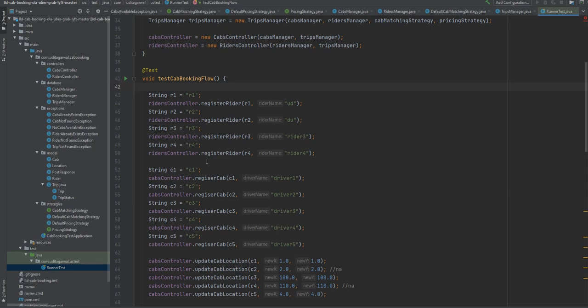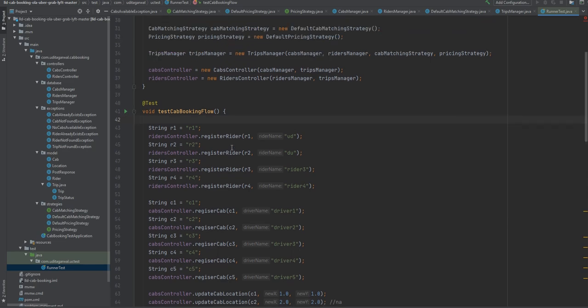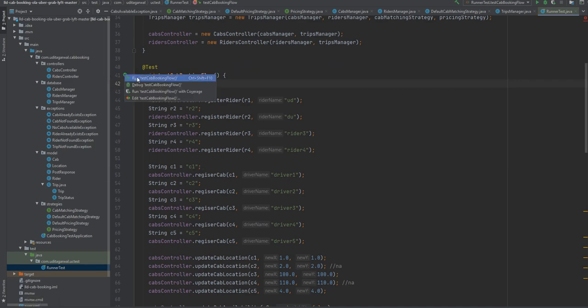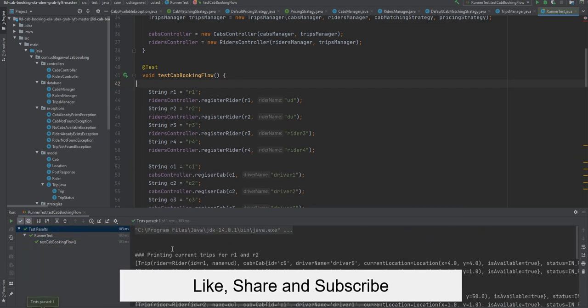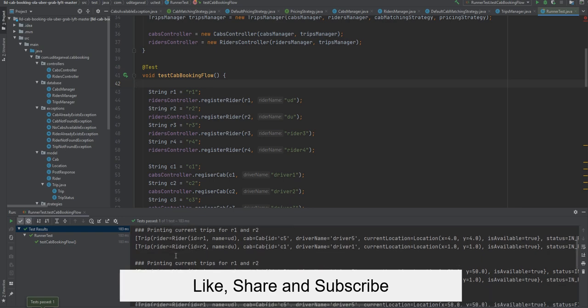It just expects you to have some mechanism so that you can test your system. So let us just try to run our system once, whatever we have built. So it is running, it just built, and now running the test. So let's see, test passed now. As you can see, we have all the output in the console.